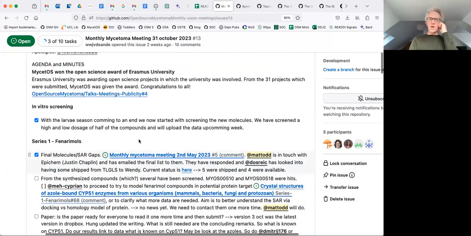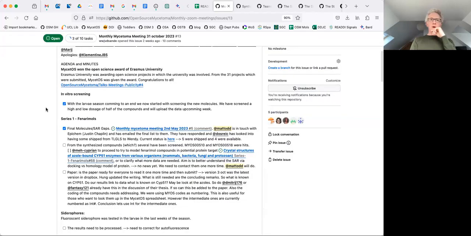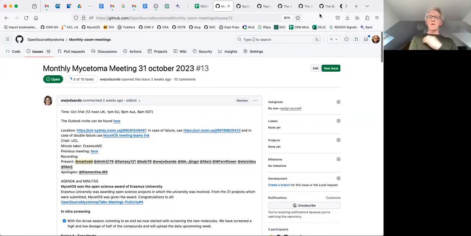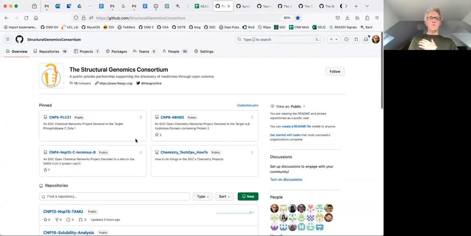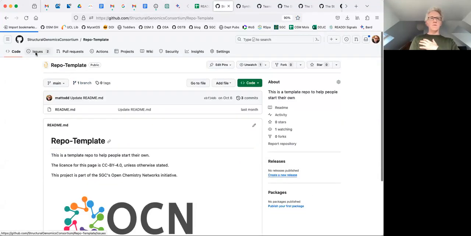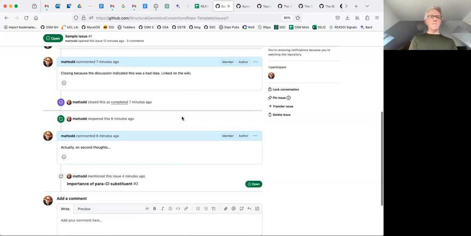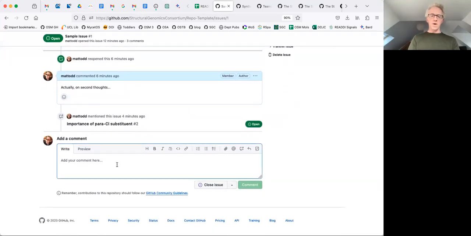There's a nice little feature here where you can add in a little checklist of things that need to be done. So I can show you how to set that up, little check boxes. It just takes 1 second to do that. If you want to assign people to things, so I'm going to go back to my template and look at my issue and this molecule that we think is going to be really great. And I can say, okay, it was decided that